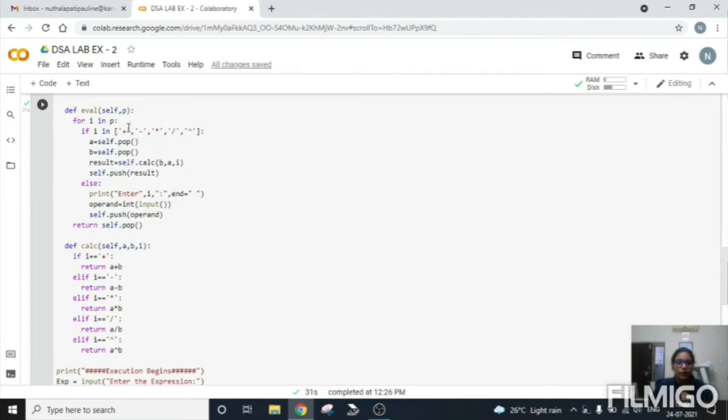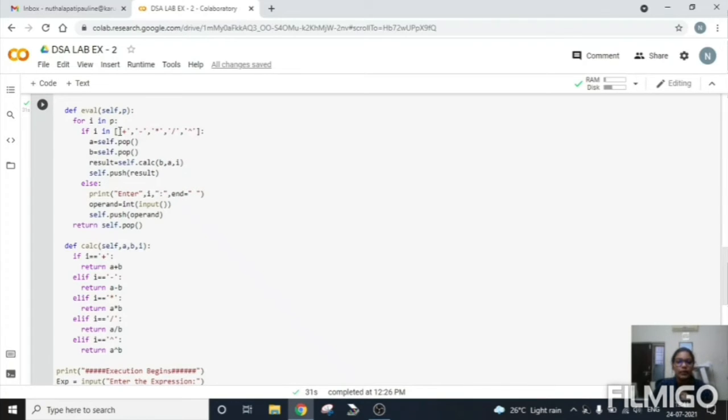If it has an operator, it will pop the operands. Since this is a postfix expression, first we give operands and then operators. So once the operator is detected, it will pop the first given elements, take the operator and calculate the result, and then the result is pushed into the stack again.